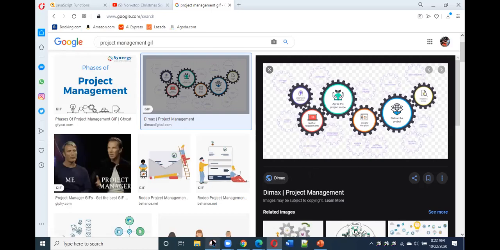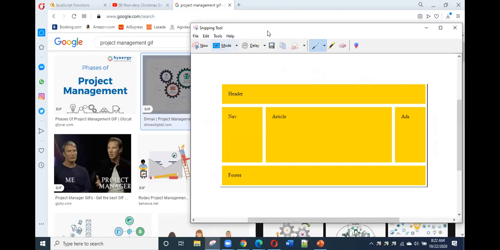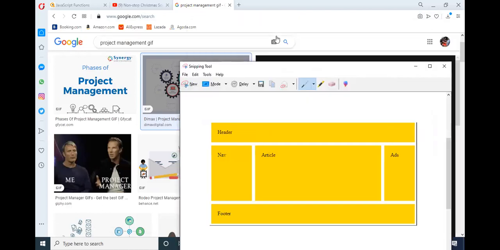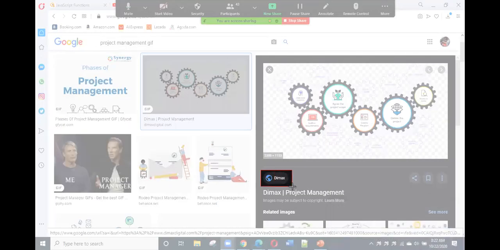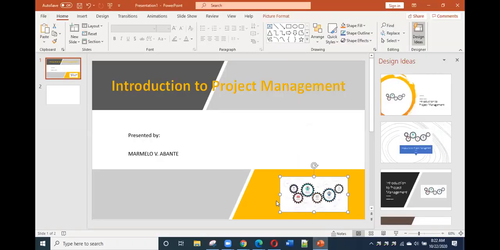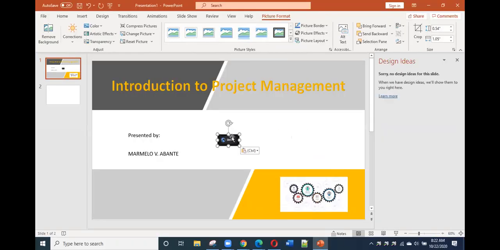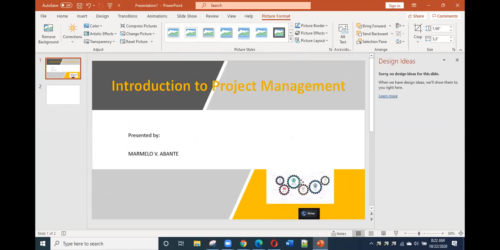So what you're going to do is to use, I don't know if you're familiar with, the snipping tool. Then of course new. Then you just copy also the author of this picture and paste it also here. As you can see here, since the author of this picture is Din Max, I indicated Din Max here, for us not to have a case of what we call